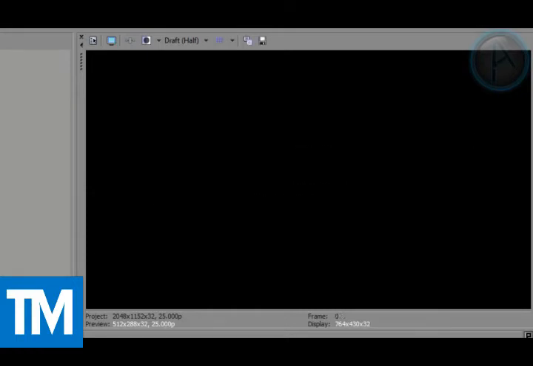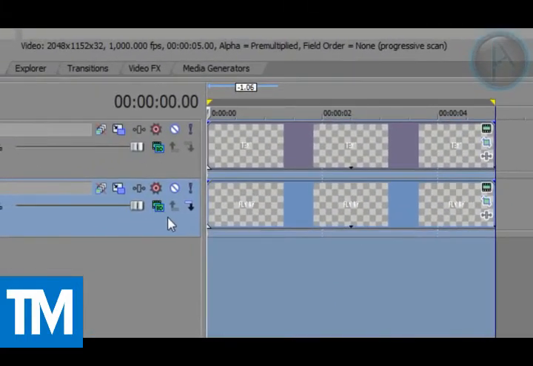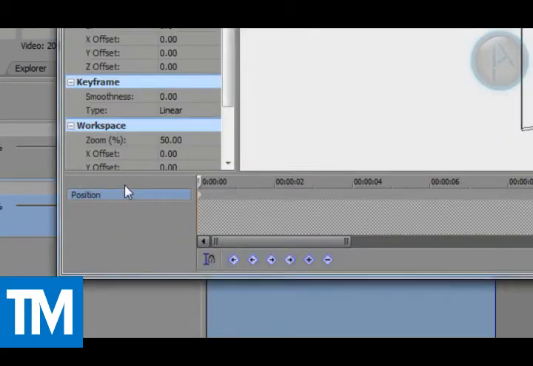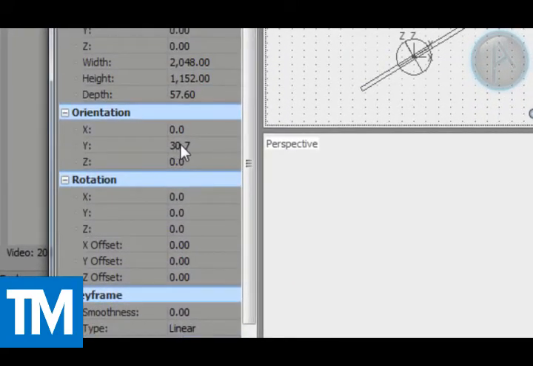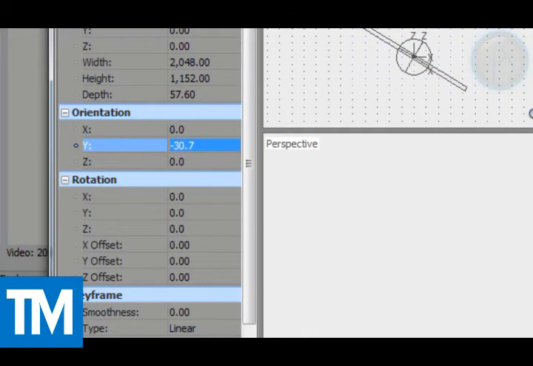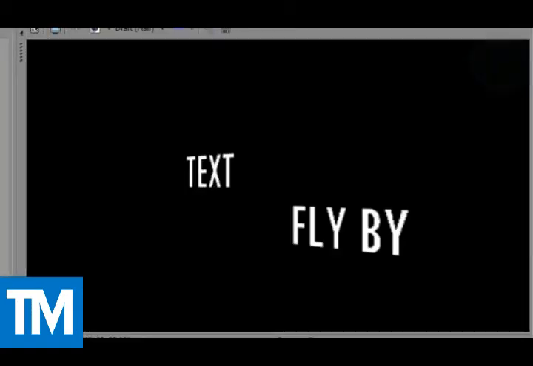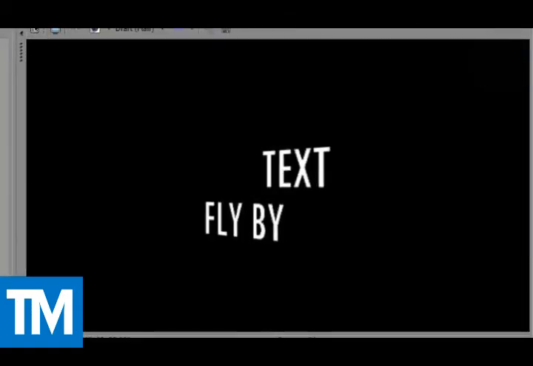So that's just something cool that you can do with it. Another thing that you can do is, instead of making it positive 30 and the last one negative 30, you can both make them negative 30 or positive 30. So then they end up like this. And that does look pretty cool when you have